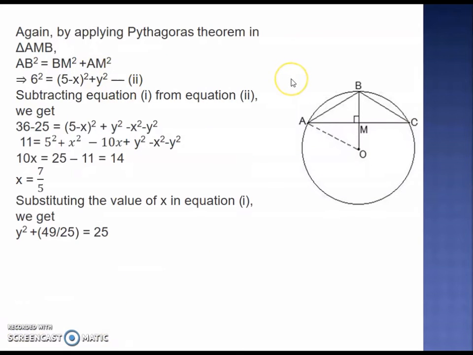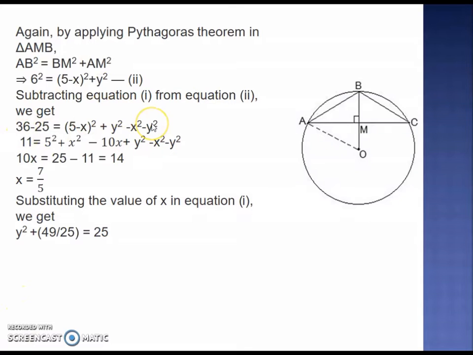Now next we are going to apply Pythagoras theorem in triangle AMB. This is also a right angle triangle. So here also I can apply Pythagoras theorem. So I can say AB square, AB is the hypotenuse here. AB square is equal to BM square plus AM square. So AM is Y and BM is 5 minus X. So substituting that here, I will get this. So when I simplify this, Y square's value I can put from equation 1, because in the previous one also we have got one relation. So that value I can substitute here.